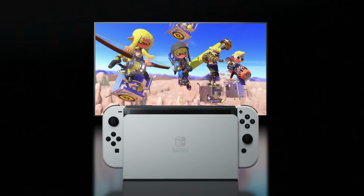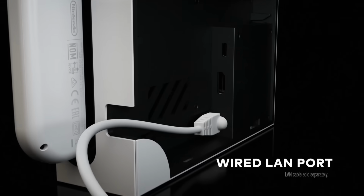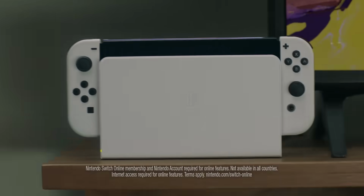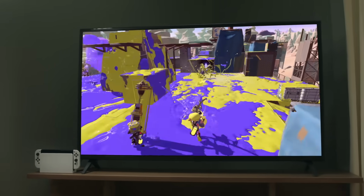If you have a Switch OLED though, you're in the clear with this, but if you have a standard Nintendo Switch, you can actually upgrade the dock of the system because you can purchase the dock separately over on Nintendo's website. Now, this is really only for if you are playing a lot of online games and you want a better experience, you want to be able to have that competitive advantage and utilize the power of your internet connection,